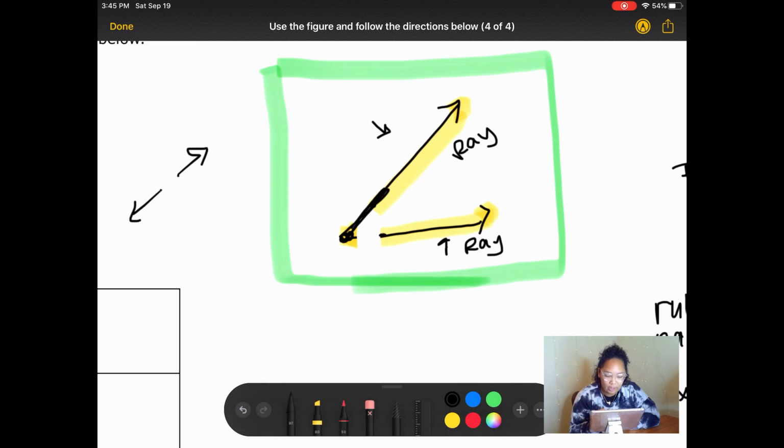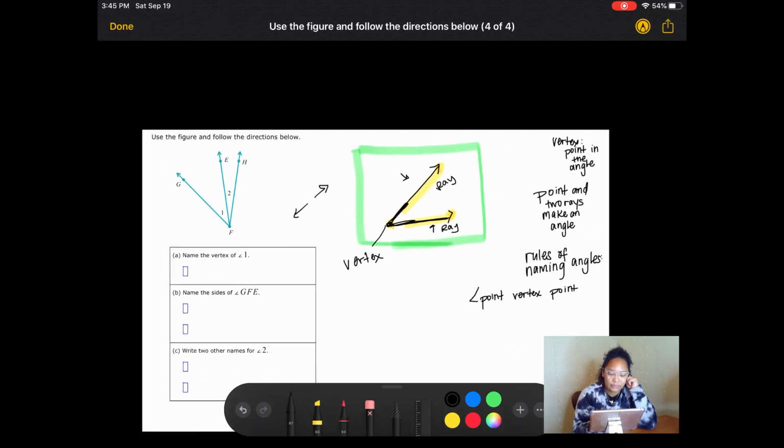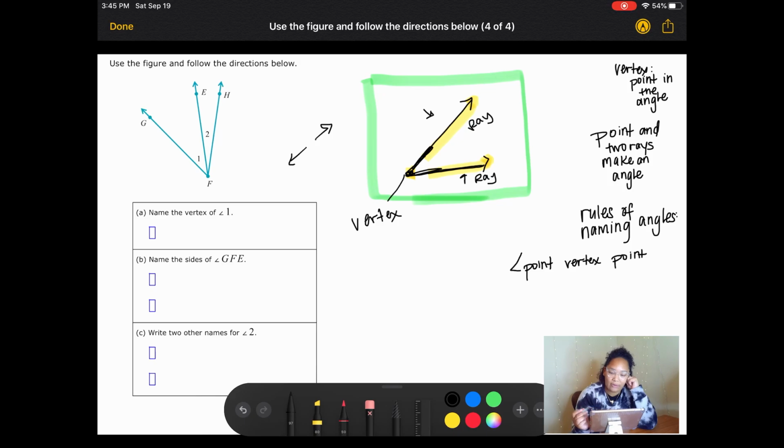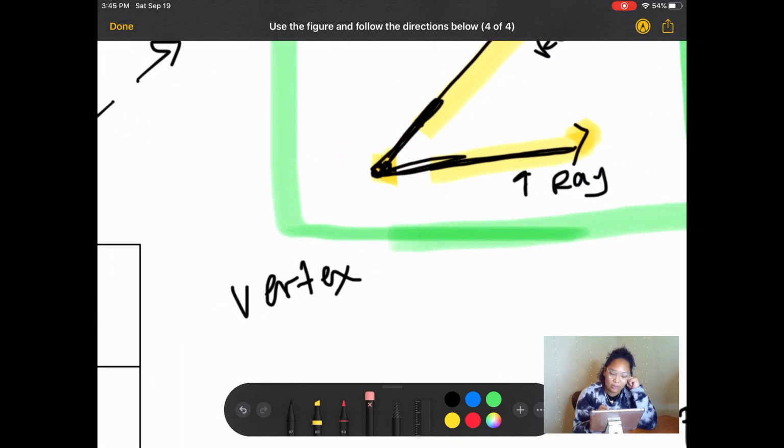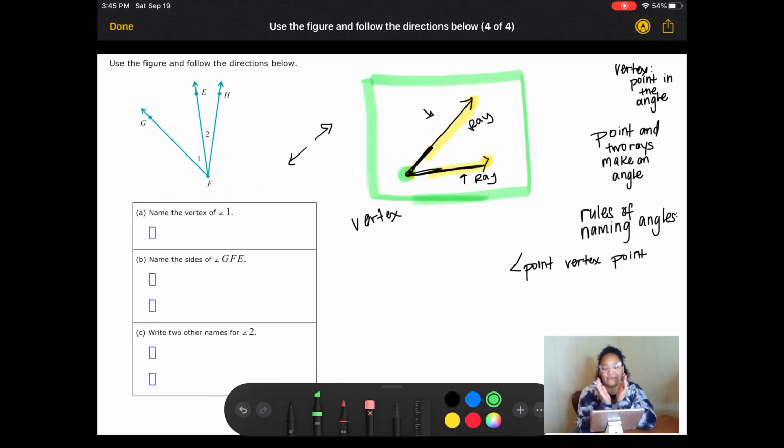you have two rays that have an endpoint where those two things meet, and that is called a vertex. Okay, so over here the vertex is the point in the angle, and when I mean the point in the angle, we highlight for you in green this dude right here, where those two rays meet. That is the vertex. Okay. And it says a point and two rays. So I have my point and two rays